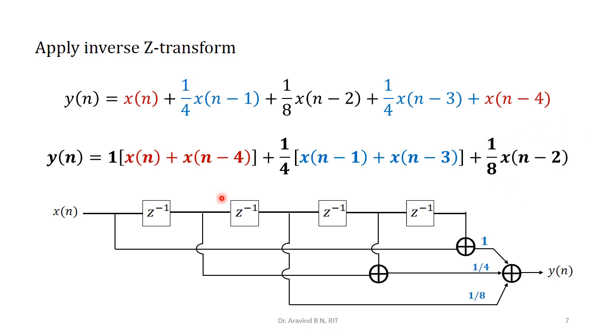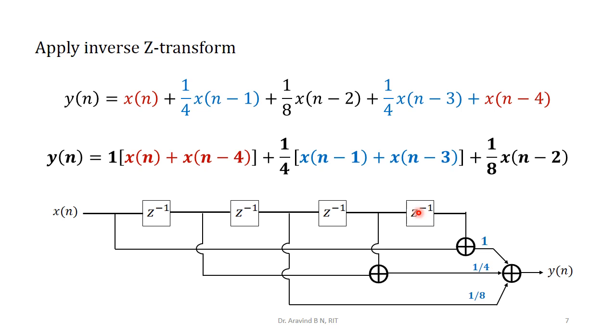Now coming to the realization part. In the realization, these two combinations are realized together, then multiplied with the coefficient value. That's why this representation has been done. Let us identify that. Try to identify the maximum amount of delays present within the given realization. So 4 is the maximum delay we are going to have. Therefore x of n is the input. On the straight line we are going to create a total of 4 delay elements.